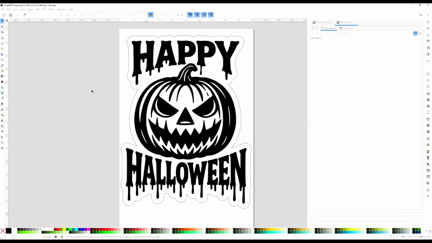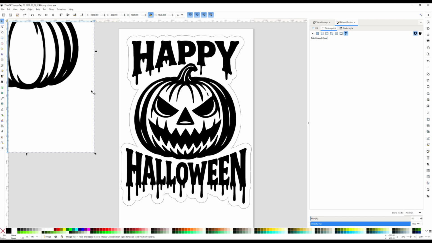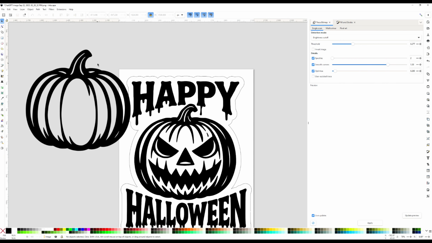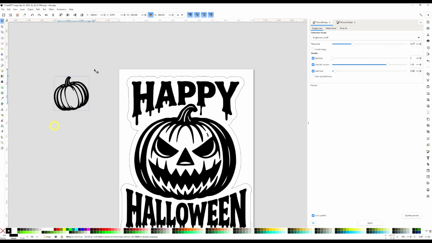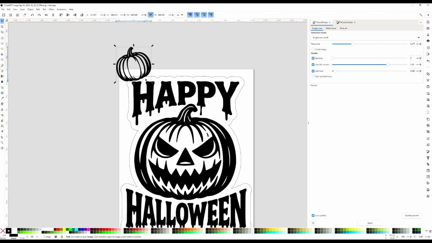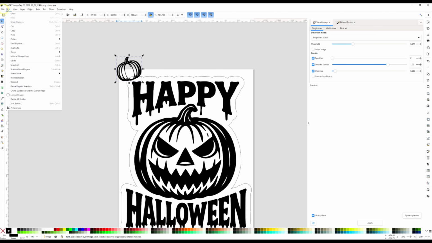Again, this will come in as a PNG, so we need to trace the bitmap on that, which I've done off camera there, just to save a little bit of time. And then we're just resizing it. So you'll notice that there's either curved arrows or straight arrows. The curved arrows are for rotation, and the straight arrows are for scaling or resizing. So we'll just bring it across and resize it to suit the image. I don't want it massive, but at the same time I want you to be able to see what it is. So we're just going to copy that, paste it in,